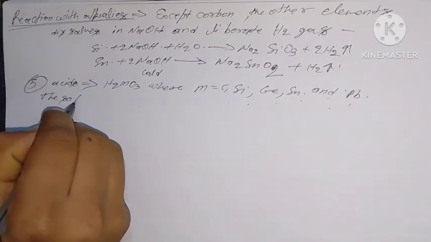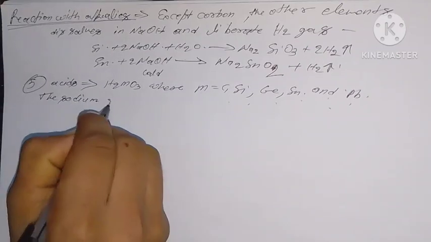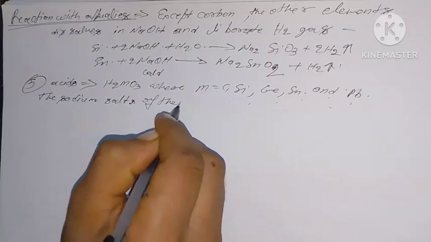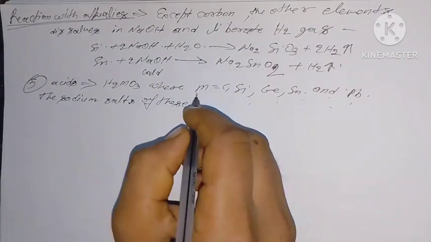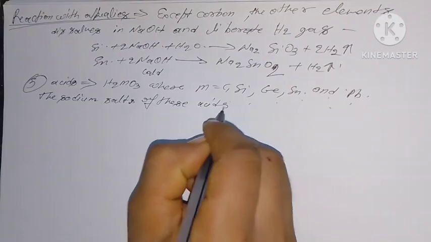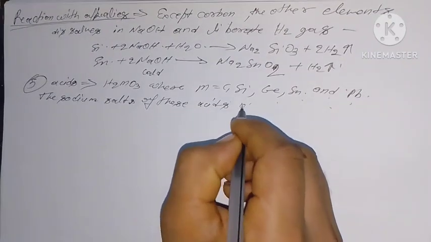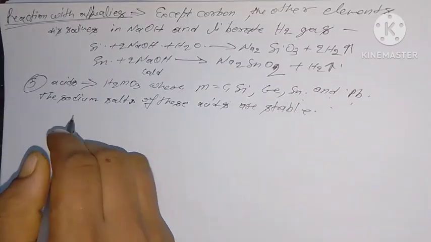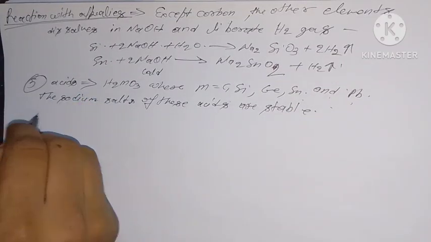The sodium salts of these acids are stable. For example, carbonic acid,